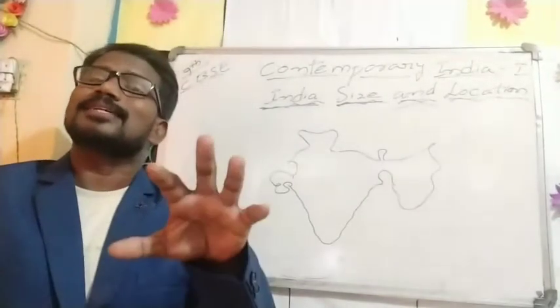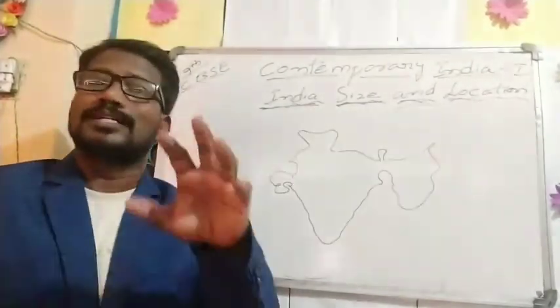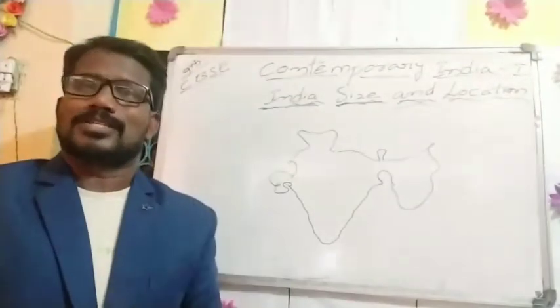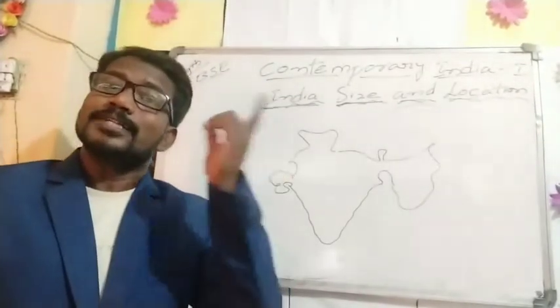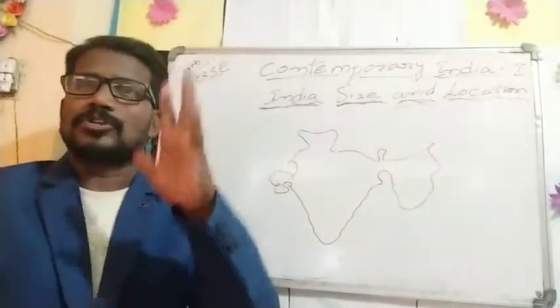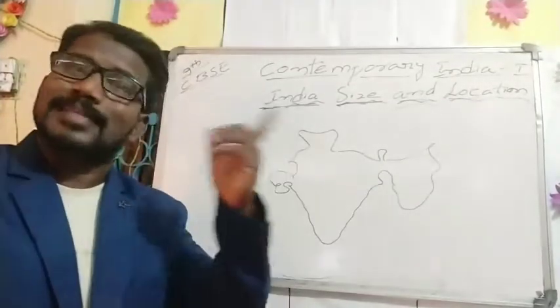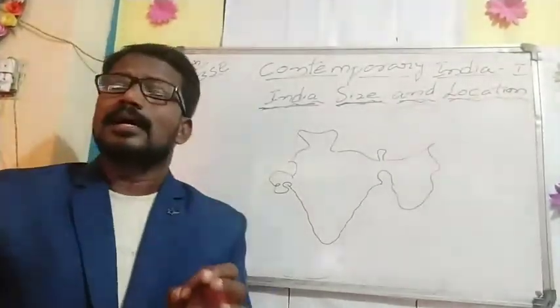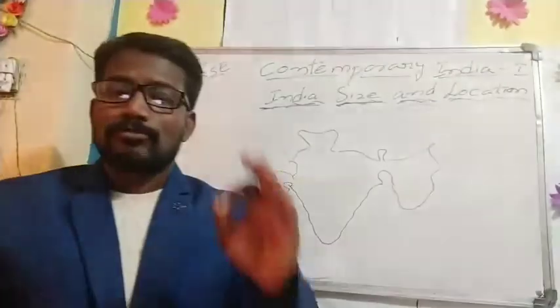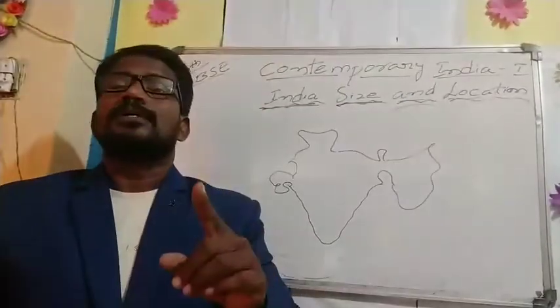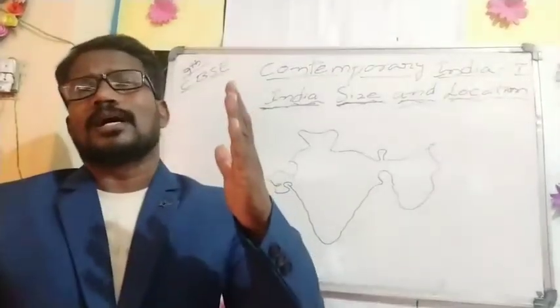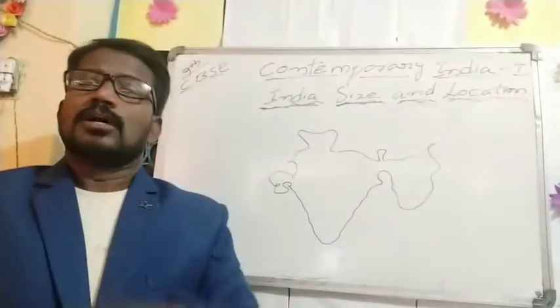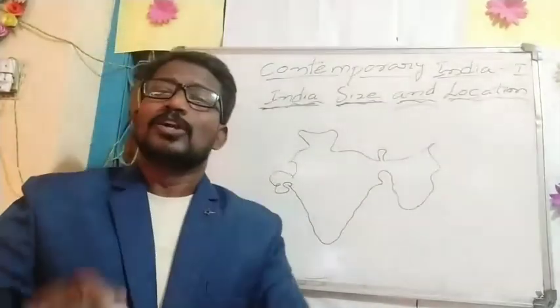In the 7th standard CBSE syllabus you learnt about the foreign languages, old and new terminology. That is the first lesson, I think. So as per that information, India is derived from the river Indus, because of the biggest civilization in India, the Indus civilization. Now we are going to learn about the location of India.